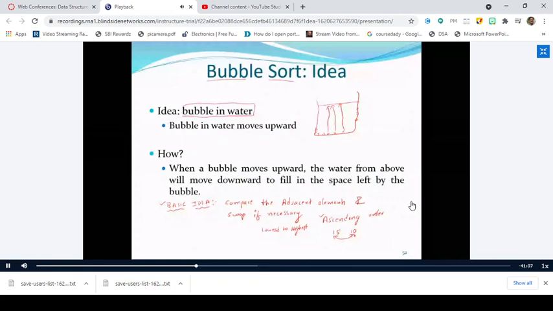So the idea behind this bubble sort is very simple. You make a comparison between the adjacent elements and you swap them if they are out of order. That's it, right? If you follow this procedure, if you repeat this simple step, then in the final stage you will get a list of elements which are in sorted order. Right. Now let me put a question to you. What is the data structure that is used to implement these sorting algorithms? Any idea on it?